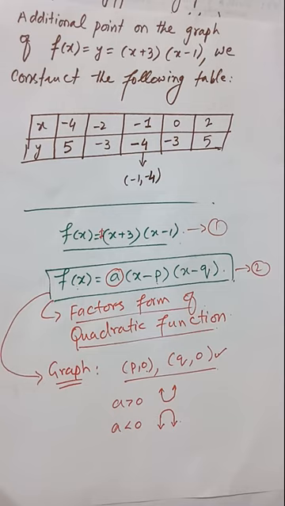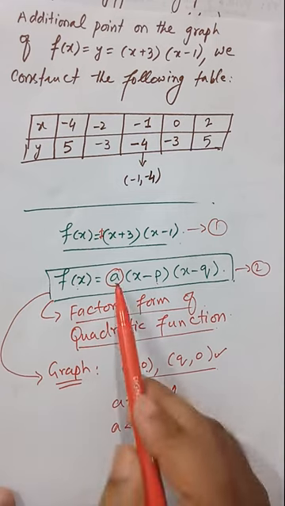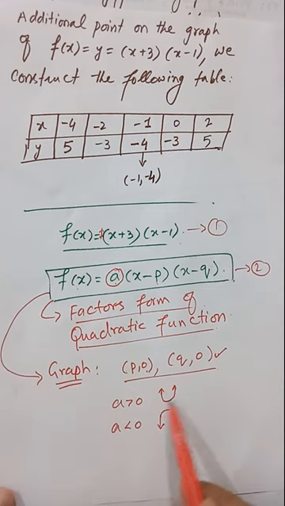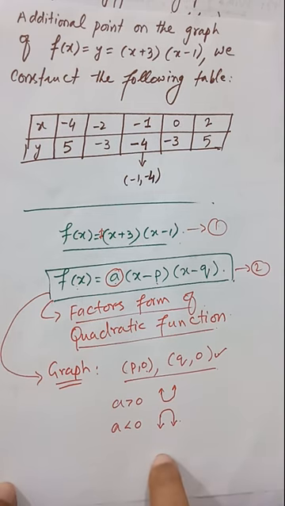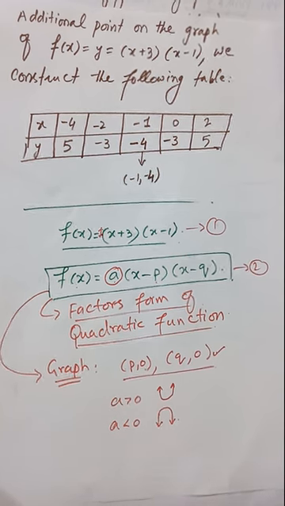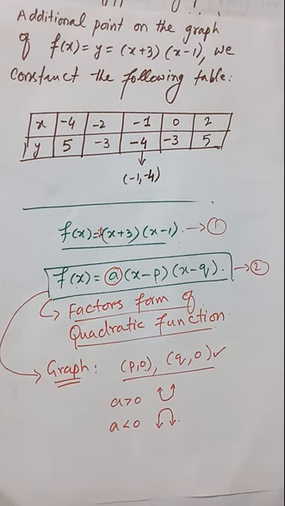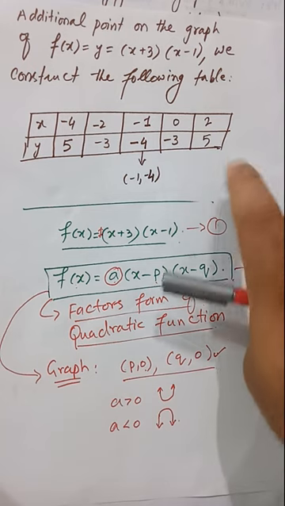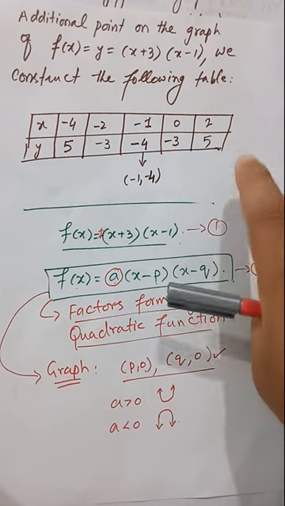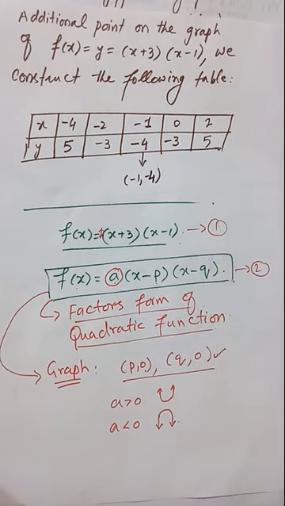you plug x equal to 0, and you will get that, and from the value of a you will get the shape, and for the vertex you need to plot some additional points using the table. So in this method the table will find the vertex for you. So this is the procedure. So this is the example.